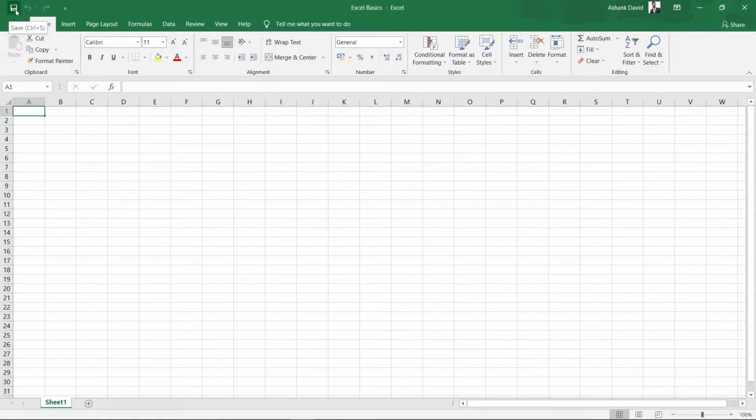What this does is, after your work is done on your worksheet, suppose you finished your work, you'll click onto this button. This button will save all the work that you have done onto your worksheet. This button has its own shortcut, which is Ctrl plus S. So instead of clicking again and again onto this button, you can just use Ctrl plus S. If you press Ctrl plus S, this will save all your progress which you have done on your worksheet.